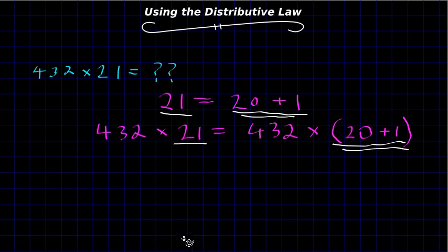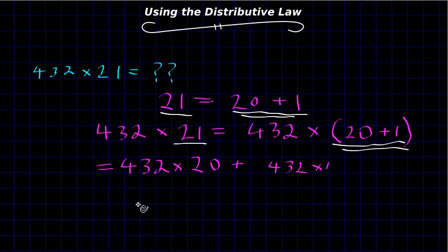So now we get to use the distributive law. This thing here, we can write that out as 432 times 20 plus 432 times 1. And that has the advantage that we know both of those numbers. We just did them on the previous slide. So we can write that out. That's going to be 8640 plus